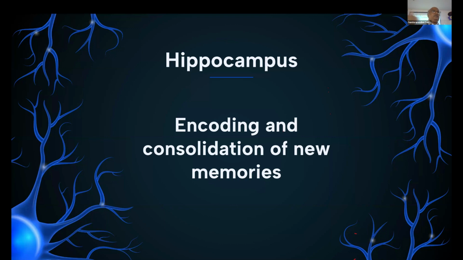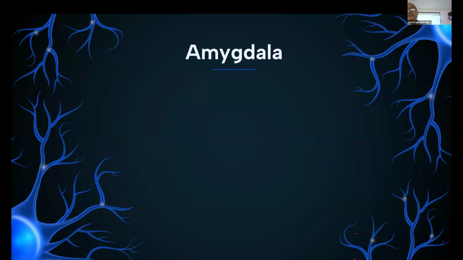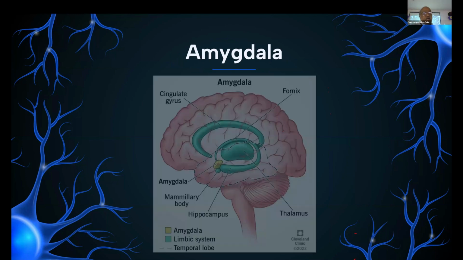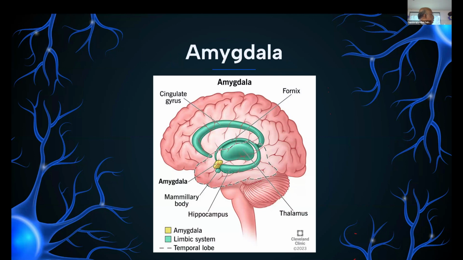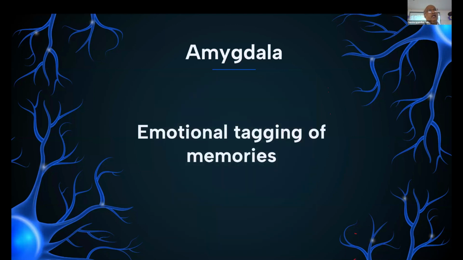Next, on repetition, that memory gets consolidated. So, consolidation of memory. We will see live examples. Next, amygdala. That is very important for the emotional role. Already I told you this is the hippocampus. At the tip of the hippocampus, you can make out that small mass. Macroscopically it is difficult to see. That is your amygdala. It is important in emotional tagging. So here the emotion comes.